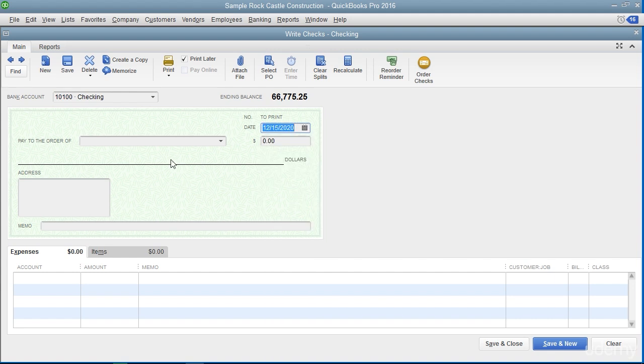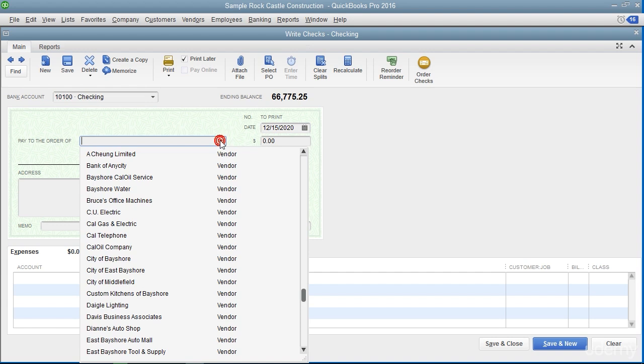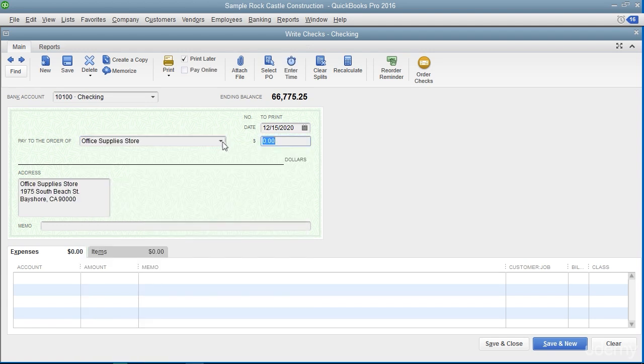Select the name of the payee from the Pay to the Order of drop-down. The payee's name and address information will appear within the check. Enter the total amount of the check into the Dollars field. When creating checks not related to the purchase of inventory items, you assign the amount of the check to one